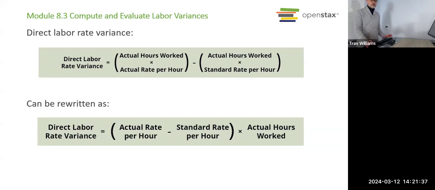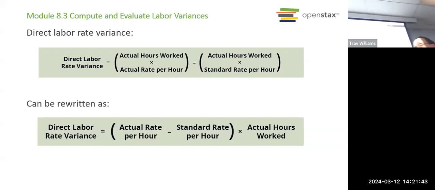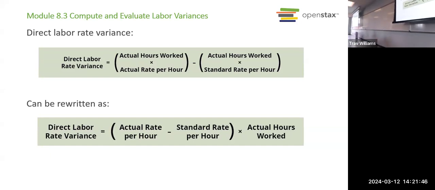Again, it's the same. The formulas are the same. Only the wording is a little different. So in this case, we don't have a price variance. You don't pay a price for labor, you pay a rate, right? You pay people whatever their rate is. Okay, so different word, but same concept. The quantity would be the number of hours worked. So the actual hours times the actual rate minus actual hours times standard rate. Exact same formula, right? Just different words. And then again, we have a simplified version down here.